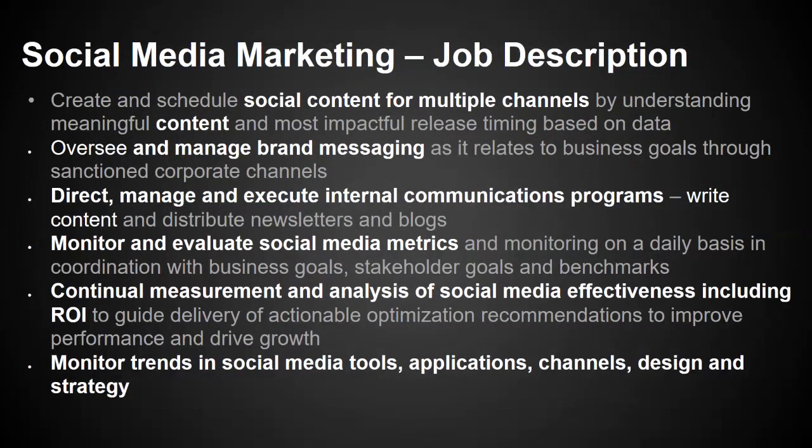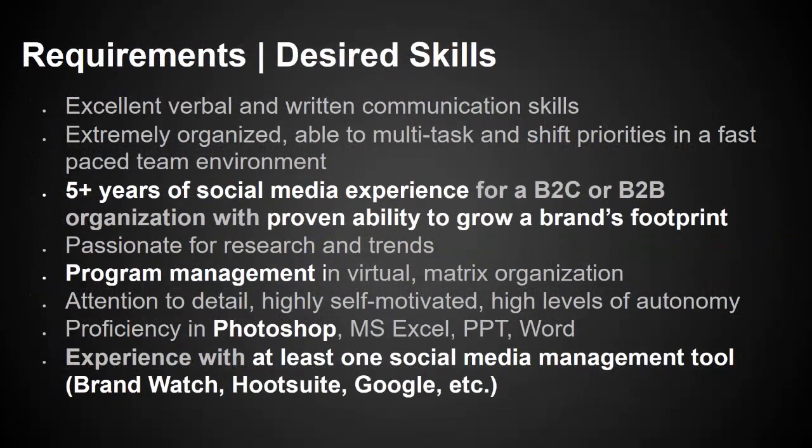As an example, here is part of a posting for a social media marketing job. So I think it's really important to be very realistic when you're looking at job descriptions and really understanding what it is that they're going to want you to do. And I think you can see channels and brand and social media over and over again. Requirements for that position, I think people get very optimistic and they look at requirements and say, I absolutely have excellent verbal and written communication skills, and I am organized, and I'm proficient in Excel and PowerPoint,